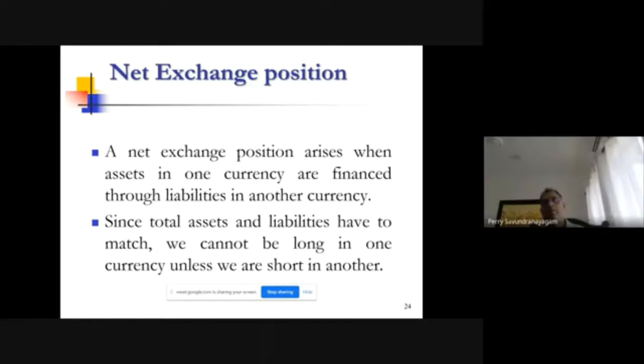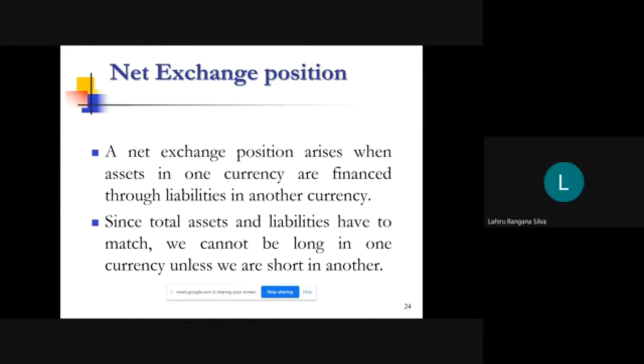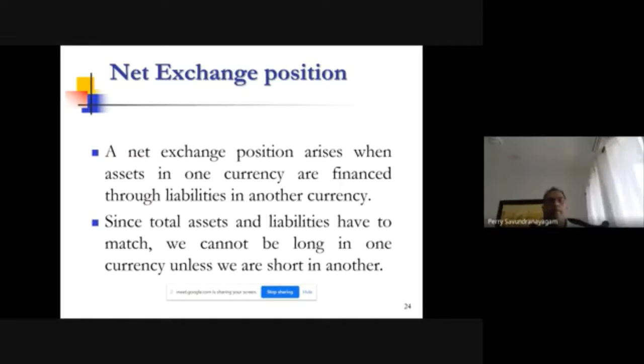Okay, so when you create a long position and short position, automatically that impacts your cash positions. Agree? When you have value, basically you do all your exchange transactions, it will create assets and liabilities in those two currencies. Agree? Yes. Okay. So end of the day, usually all these transactions are done on a spot basis. Spot is value two working days.